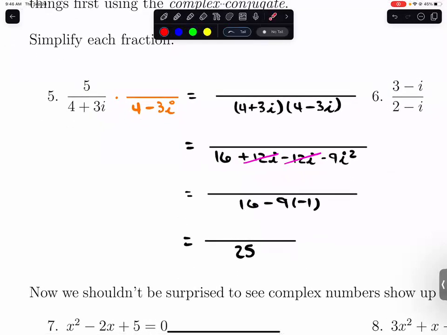So this weird thing that we did here, where we multiply by a thing that looks kind of like this, but what's different about it? That sign in the middle. And the reason that I want that sign in the middle to be different or opposite is so that this will happen. This is called the complex conjugate, this thing we multiplied by. Doing that, which again feels like a weird step at first, right? But doing that lets me rewrite this thing in the denominator and just get a real number back, right? Just get 25. And again, I know how to divide by 25, but